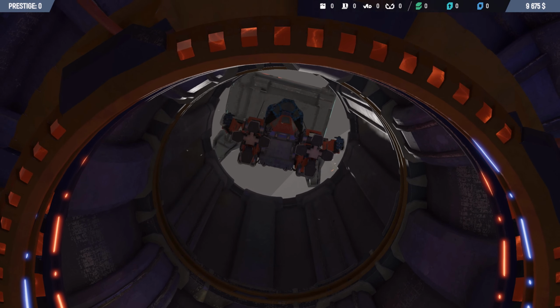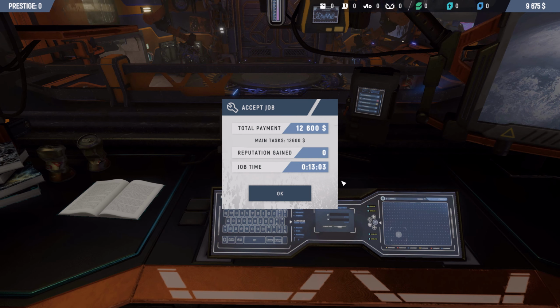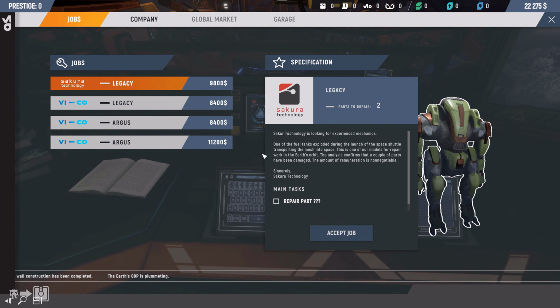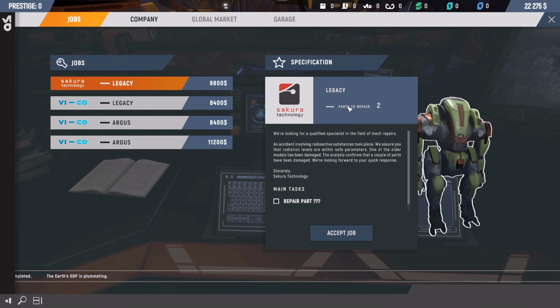Yeah, why doesn't this play while you're doing stuff on the computer or walking around the workshop? That would be nice. So we get 12,600. We spend 13 minutes on that. And of course there's other mechs available. Like I said, in the demo right now, there's not that many available. I think there's 1, 2...